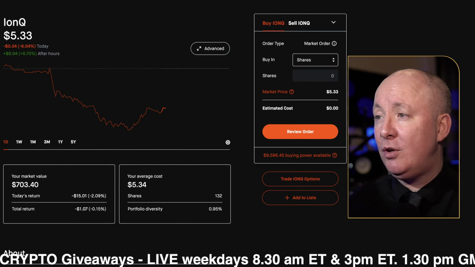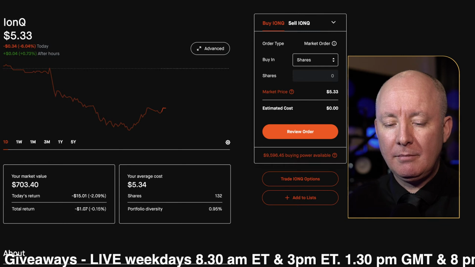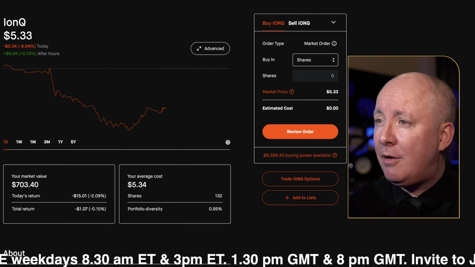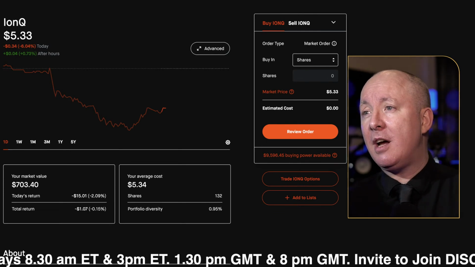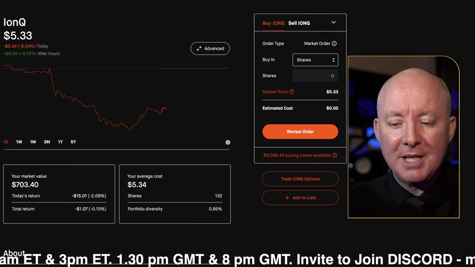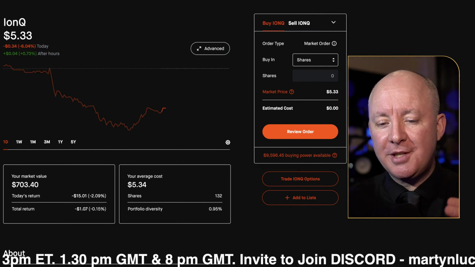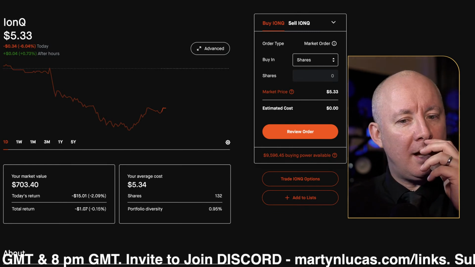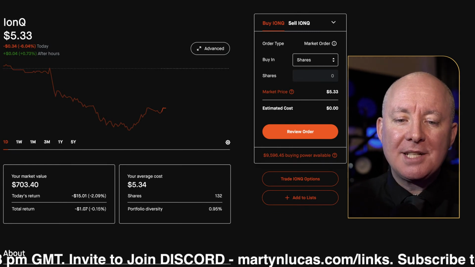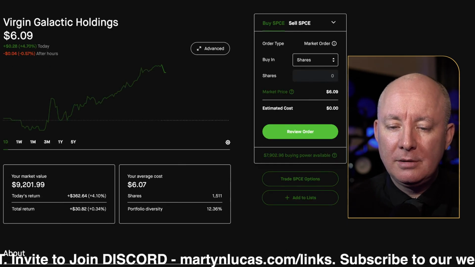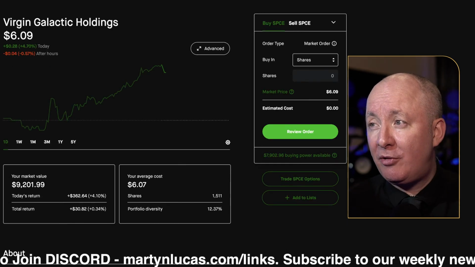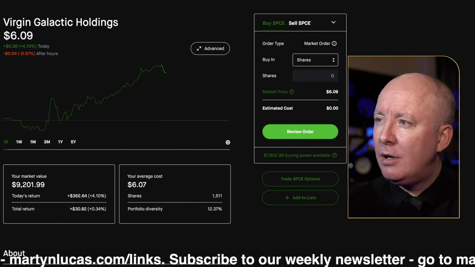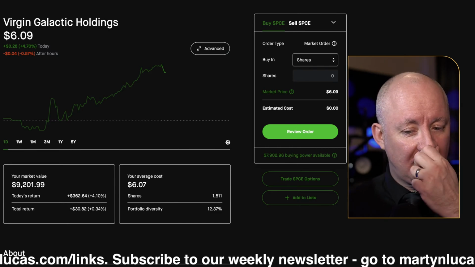If the stock goes down, you just wait for it to go up. You might decide to sell it when it's going down because you think it's going to keep going down and you'll buy it back at a cheaper price. I've done that loads of times. It's called cost of business. You've looked at a stock, the news has changed, you know it's going to keep going down, there's some bad news around the stock. Like for example, if Virgin Galactic suddenly said tomorrow, there was a rumour and it looked pretty real that they're going to go bankrupt, even though I'm down on my stock, I would sell it because I've still got